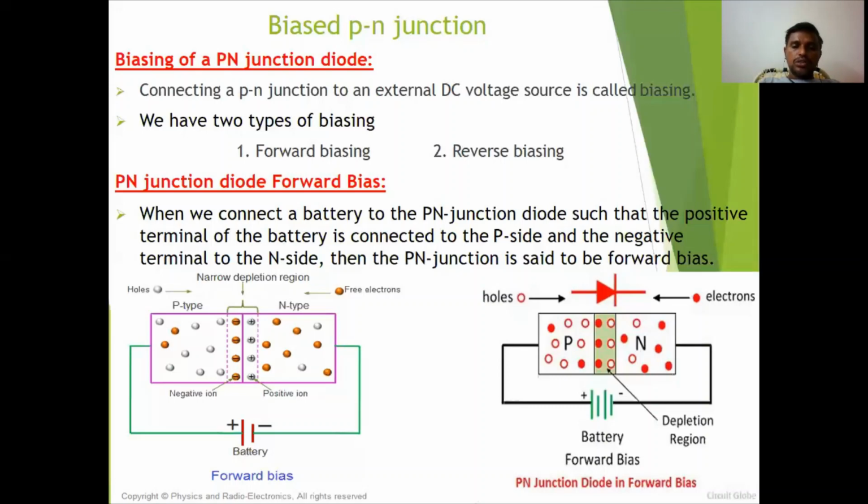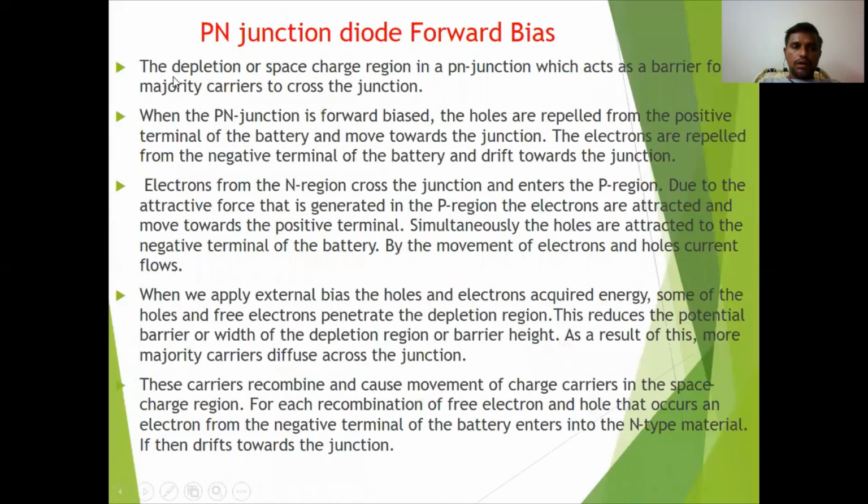So we can say that the electric field present in the depletion region opposes the movement of charge carriers from p-type to n-type and n-type to p-type. That's what I have given here: the depletion or space charge region in a p-n junction acts as a barrier for majority carriers to cross the junction. Okay, then when the p-n junction is forward biased, the holes are repelled from the